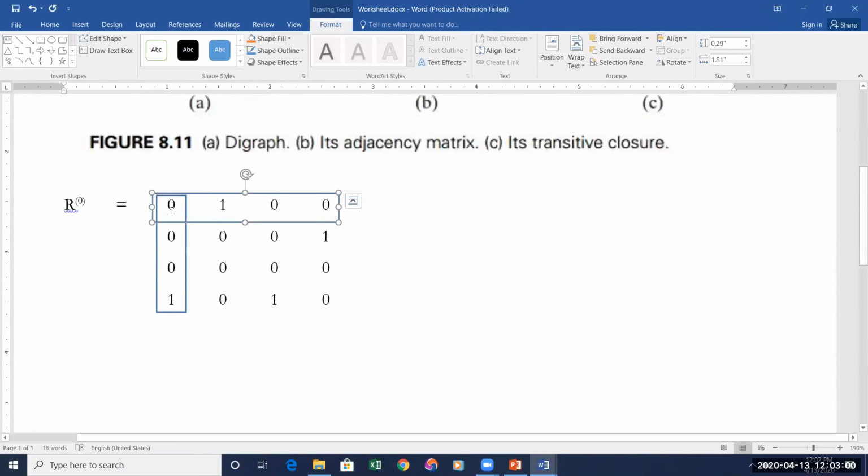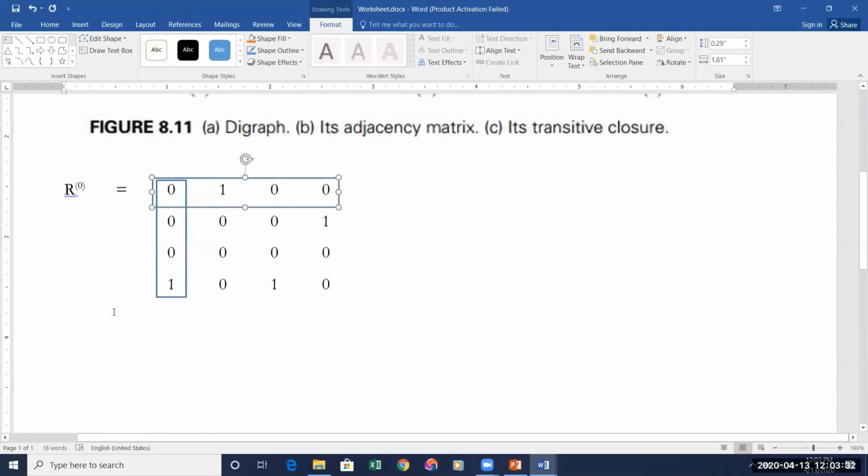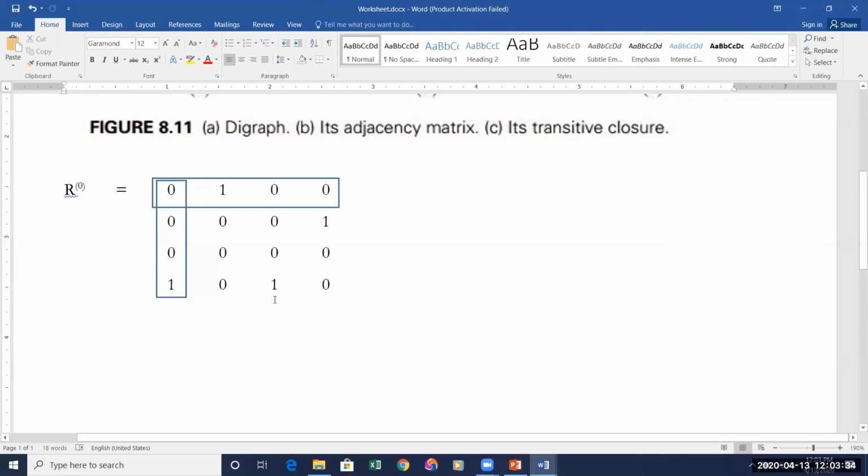One more thing to remember is that in this matrix, the indexing starts from 1 and not from 0. This is column number 1, 2, 3, and 4. This is row number 1, 2, 3, and 4. It is from 1 to n and not from 0 to n minus 1. Please remember the values of the rows and columns start from 1 in this problem. Okay. Now the value of k is 1. So we have to write the next step.